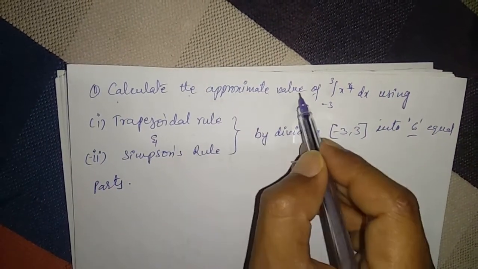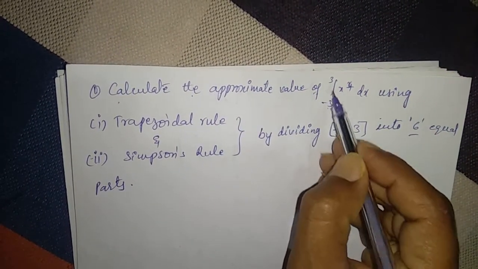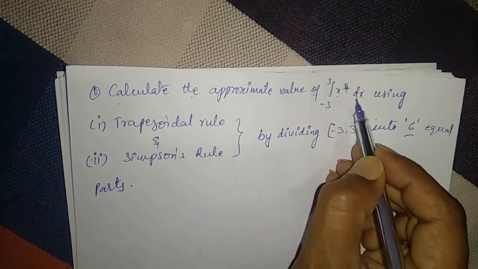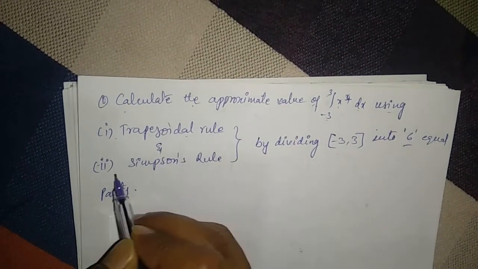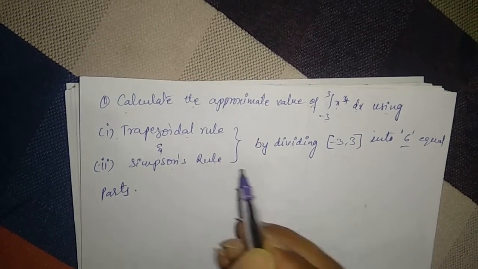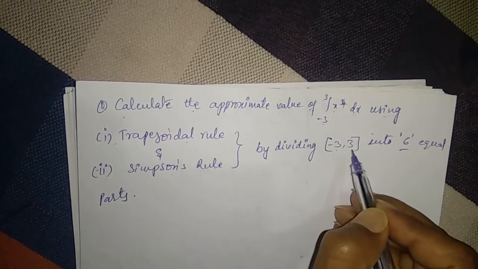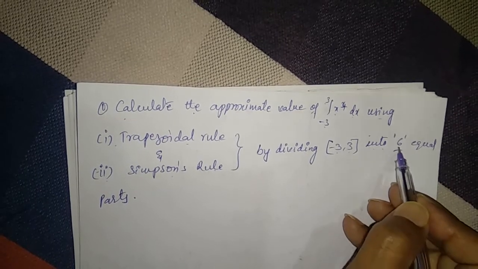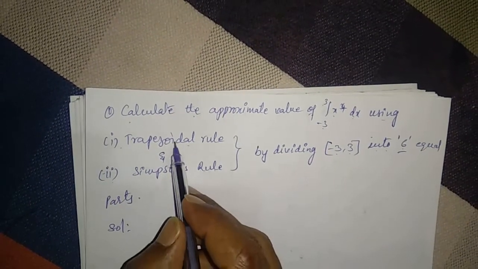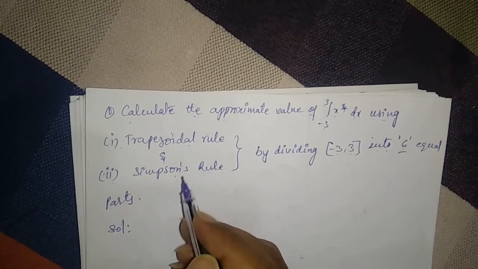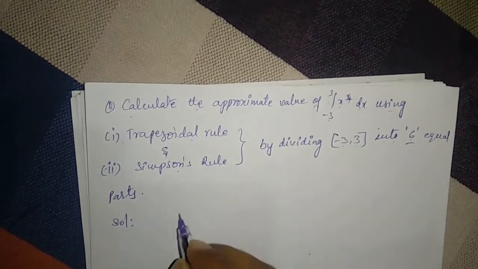Calculate the approximate value of the integral from minus 3 to 3 of x to the power 4 dx using the first method, the trapezoidal rule, and the second method, Simpson's rule, by dividing minus 3 comma 3 into 6 equal parts. Solution: if you want to solve by the trapezoidal or Simpson rule, the common process is, first of all, write down the